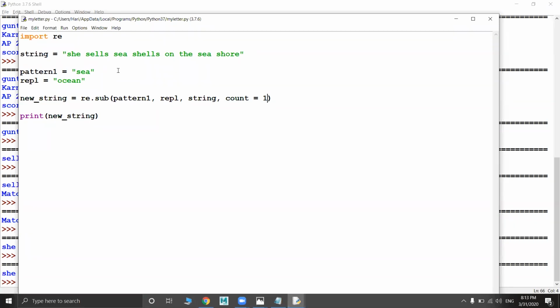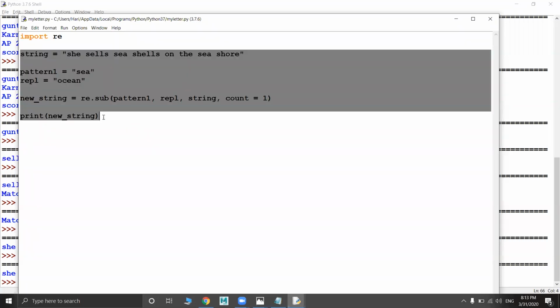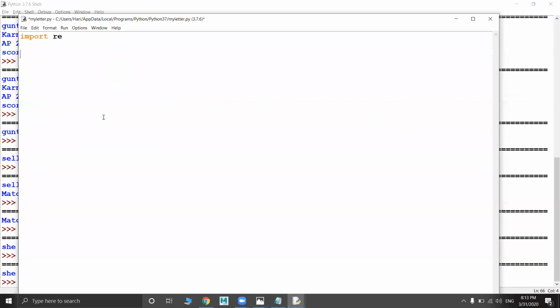Okay, done. Now we'll see how to extract something from a string, how to extract a number. So let's say I have a phone number.